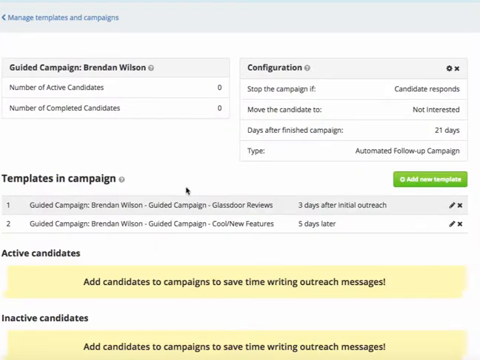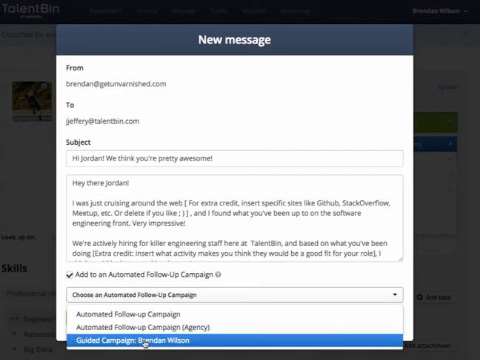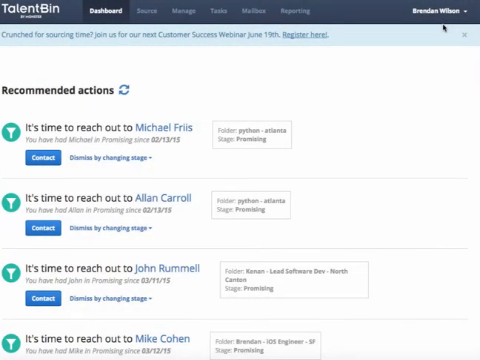Since automated follow-up campaigns have been such a hit and helped so many of our users drive the response and open rates from candidates, we thought, let's expand on this idea and help our users make unique and personalized automated follow-up campaigns. To get started, we can just hop right into our templates and campaigns page by first going to